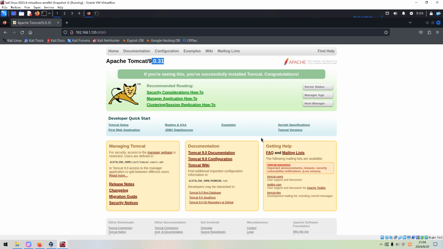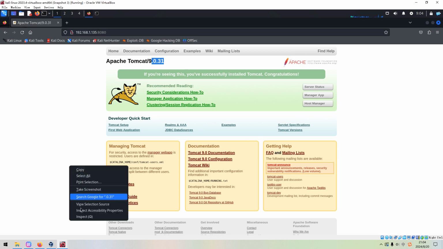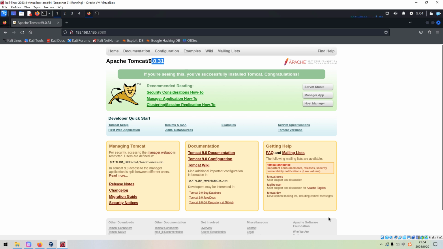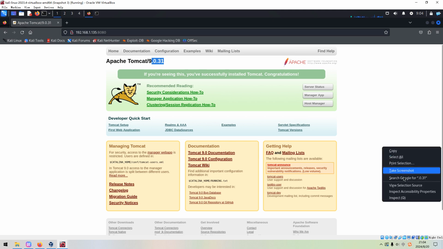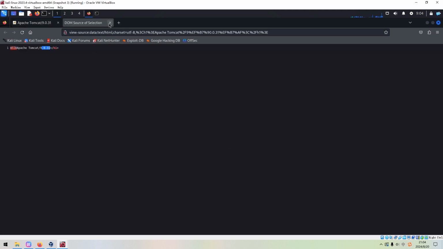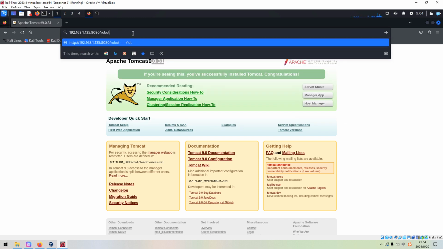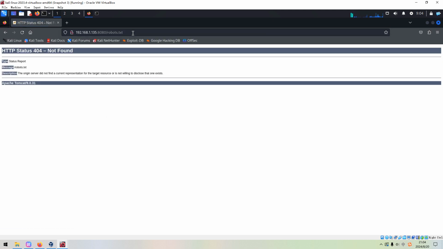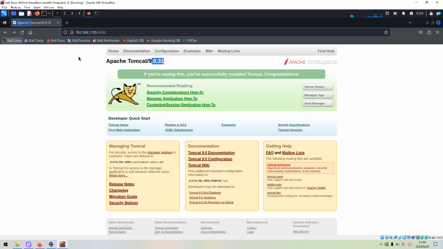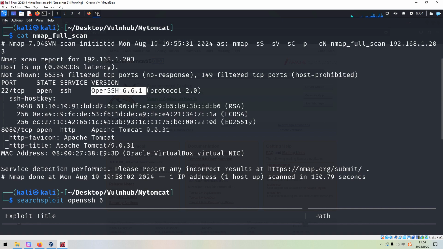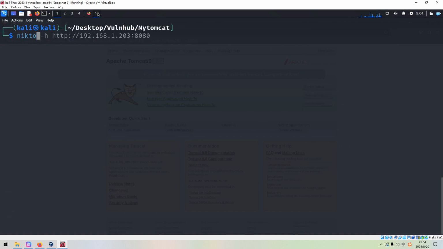and then we can get the initial shell for the host. So before we try that, I'd like to check whether we can find anything useful from the source code. Okay. Nothing there. And also we need to check whether this site has a robots file. Okay, so not found. And next we can check with Nikto to do the automatic enumeration.